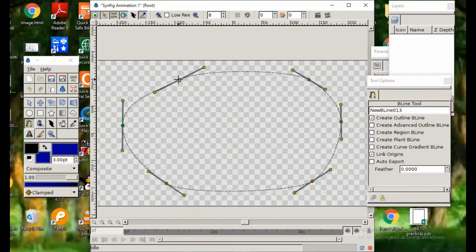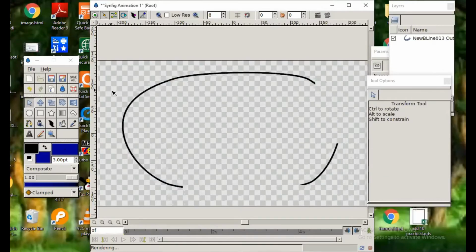Now, if you want to increase or decrease the size or fine tune this, you can do it like this. Now click outside it. Now you can see this oval shape with a 3-point border.